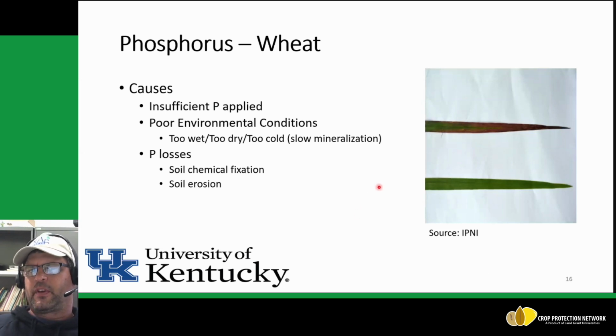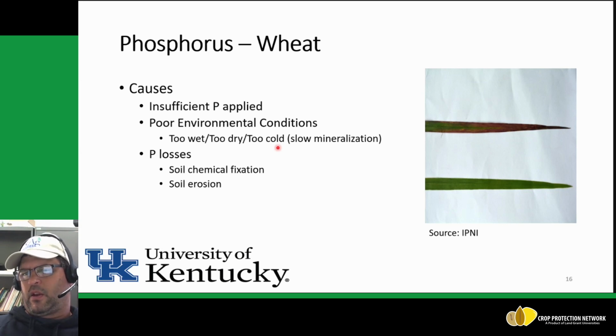Again, when will we see this? What causes it? Insufficient phosphorus being applied. Too wet, too dry, too cold. Again, this is a winter crop, and somewhere in late February, early March, it will start to break